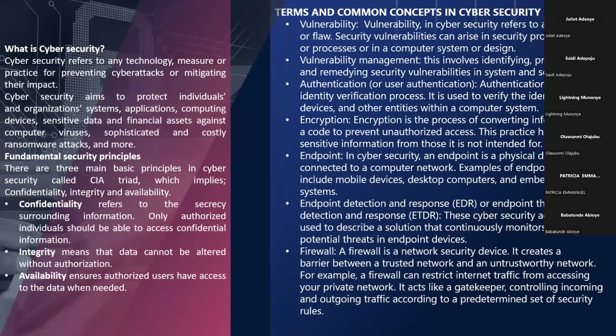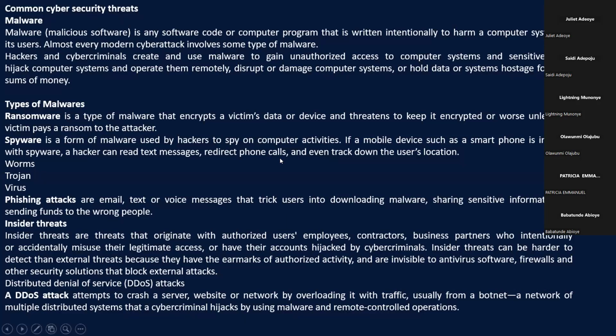Confidentiality refers to securing information, so that only authorized users have access to it. Integrity means that the information should not be altered in any way. Availability means that the information should be available for authorized users. Then after that, we looked at some common cybersecurity threats, where we looked at malwares,